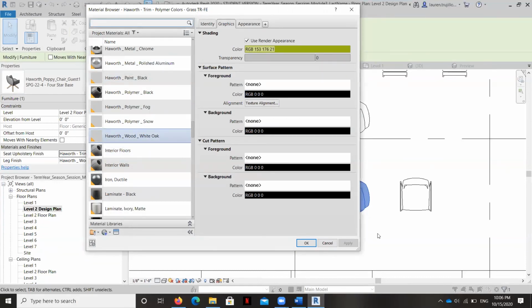And then you can make Hayworth's chair upholstered in any finish you want, and you could even change the color of the chrome or the metal or the plastic. Now, in actuality, Hayworth may not let you make all of those changes, but with Revit in a rendering, you can do pretty much anything you want.